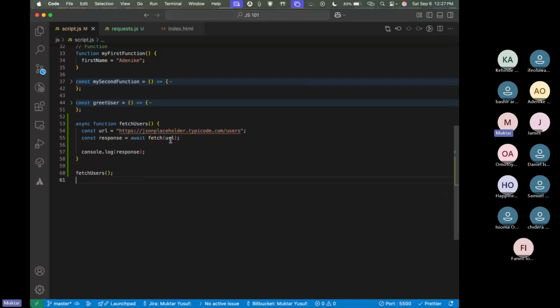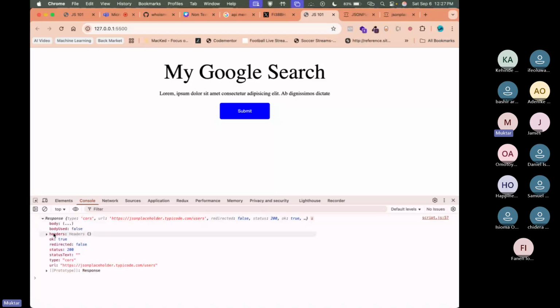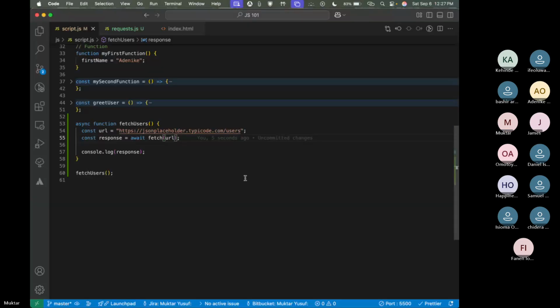So now, how do we then get our data? To get the actual data from here, this is what comes back by default. But there's a special key here, because a lot of the time we don't even need to use anything. Maybe we need the status. Status true will always tell you that it's successful, right? I'll come back to that as well. But what we want to use here precisely is called .json, meaning that